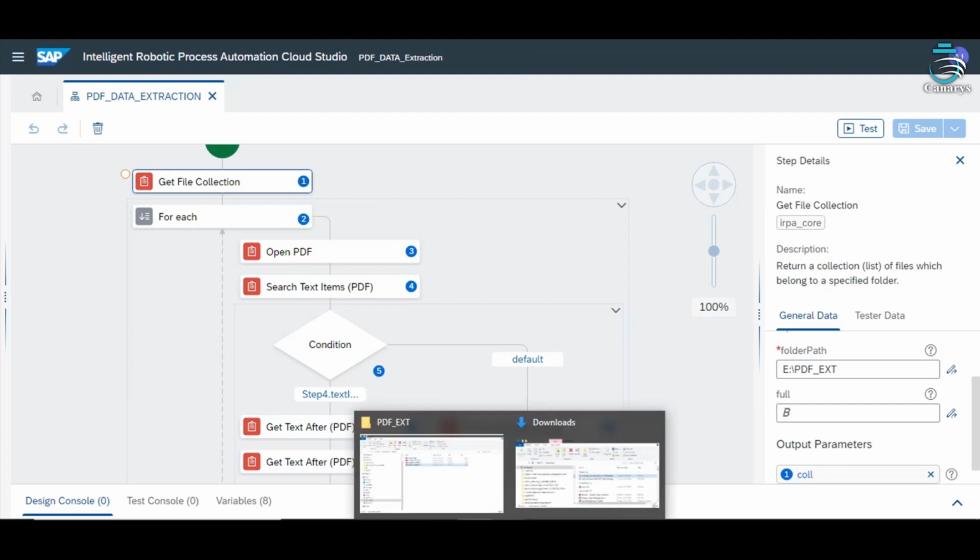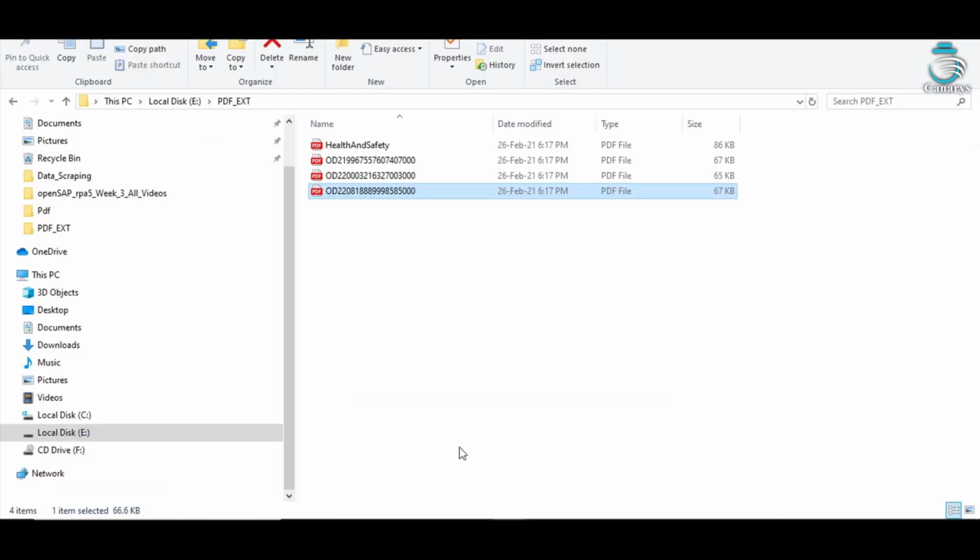I will show you the folder. Here I have the folder inside which all my PDF files are there. In this, second, third and fourth file are having invoice informations. The first file does not have any invoice information.